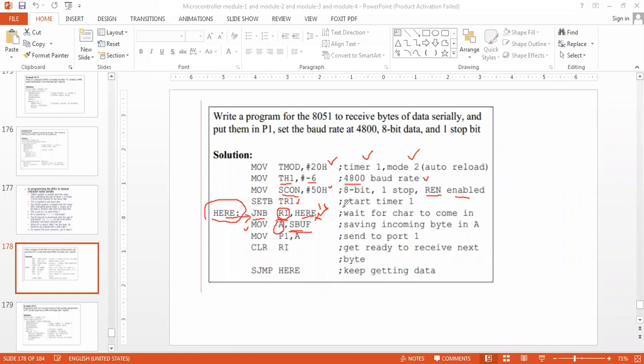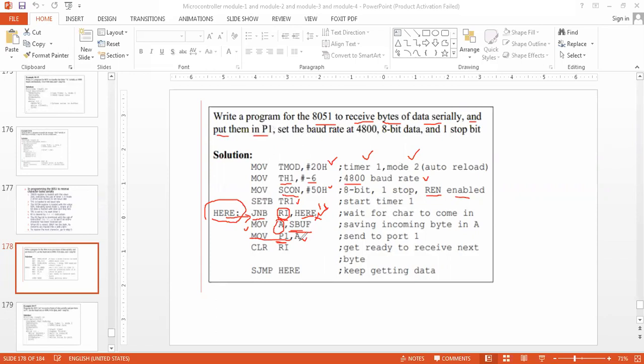This program is to send whatever I am receiving from external to the P1 port. So I am simply transmitting the A value into P1. Basically this is not required, but it is one application, since it has been asked: an 8051 program to receive bytes of data serially and put them on the P1 port.